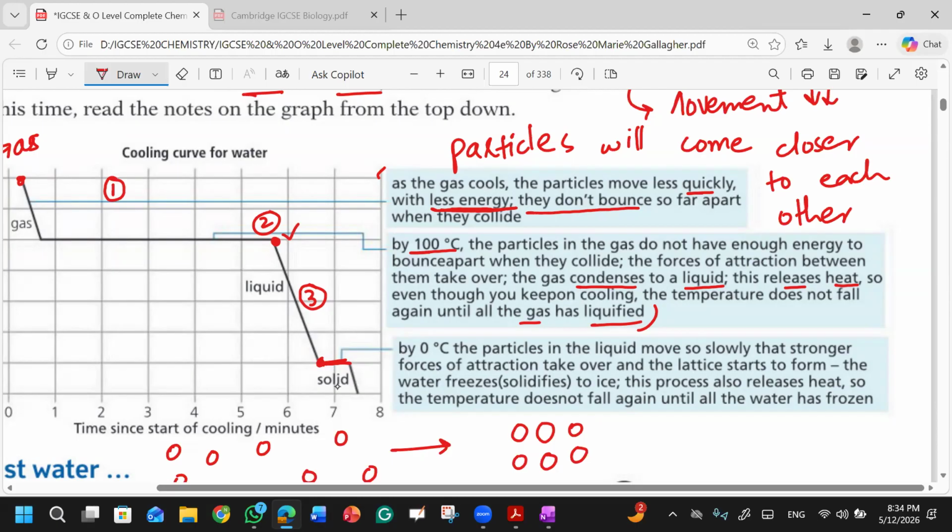Then when we move forward from this liquid state, how will a solid form? Basically, you are decreasing the temperature of a liquid. What will happen? The intermolecular forces will increase, and the liquid will turn into a solid.